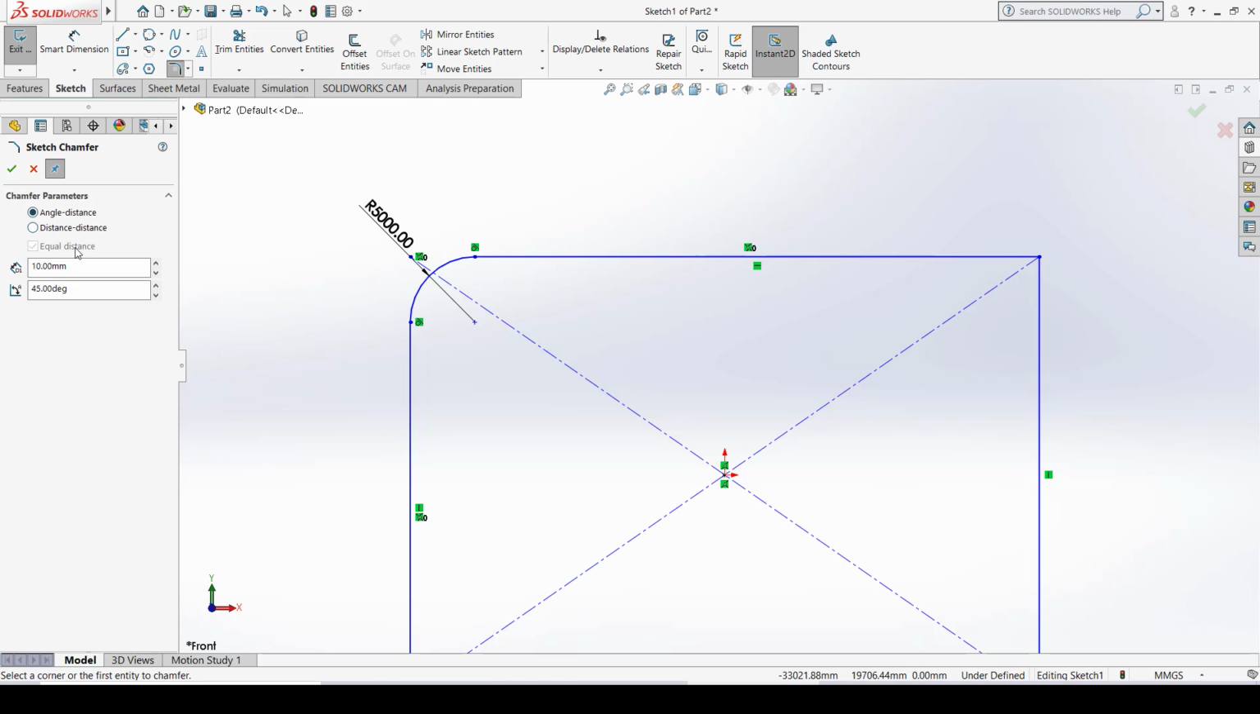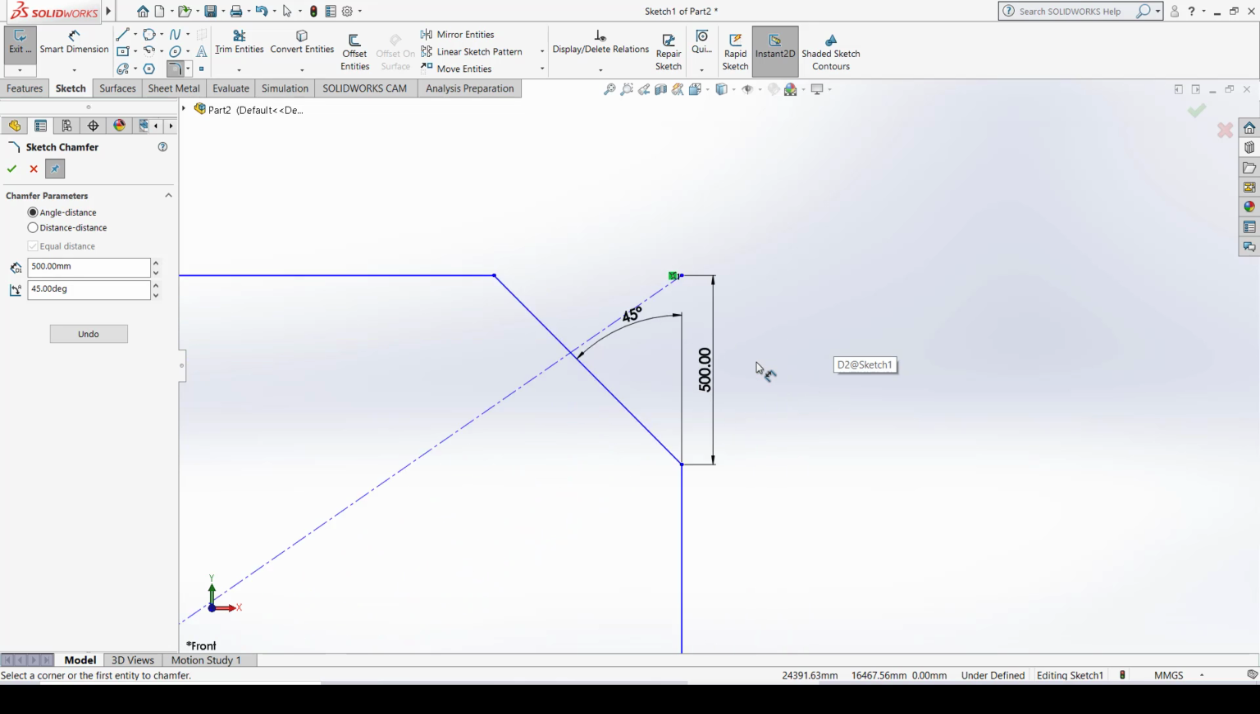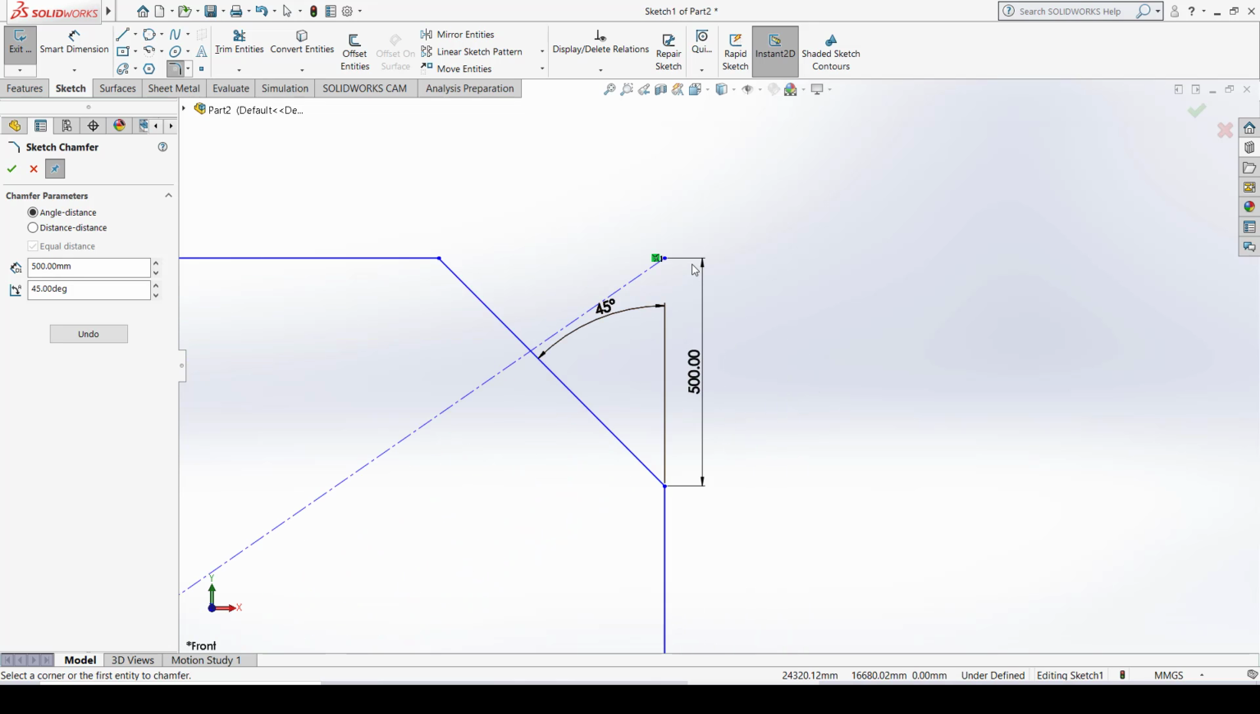Okay, so let us say this should be around 500, enter. I choose this vertex here. You can choose lines also, you can choose vertex. So when I choose vertex, see this is very small, you can't see here. The chamfer is created. See, this is the angle, this is the distance from this corner to this point, also this corner to this point. So it remains the same, 5000 here horizontally, 5000 here vertically, and this line is 45 degrees to